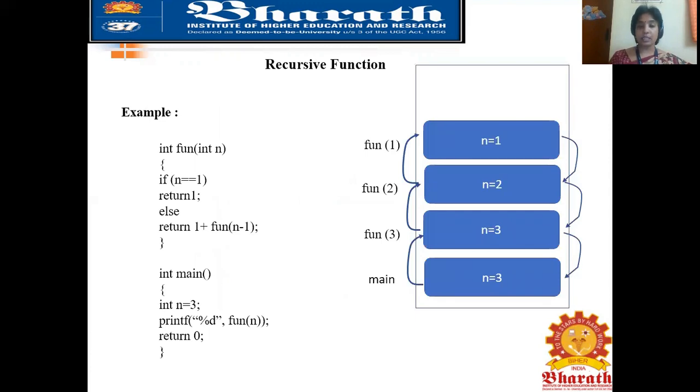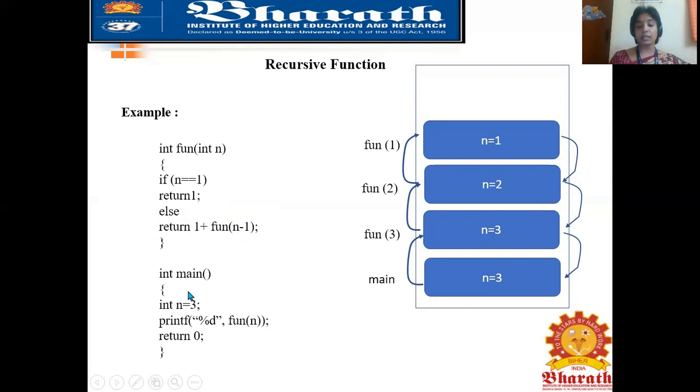Okay, so let us first see a simple example of how a recursion function works. We have seen the basic structure, right? In that we had an if condition as well as an else condition. In the if condition, the base condition has to be satisfied, and in that case it will come out of the loop. What about else? If this condition fails, it is going to call the function again.